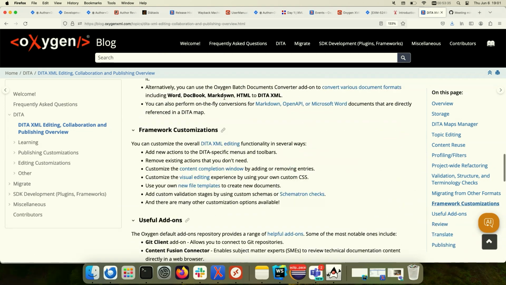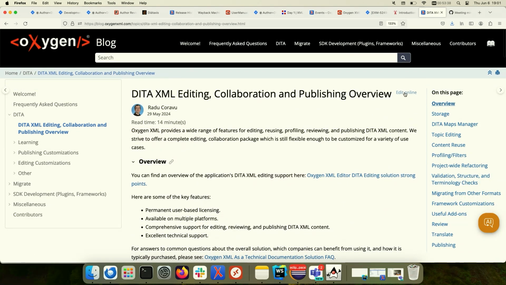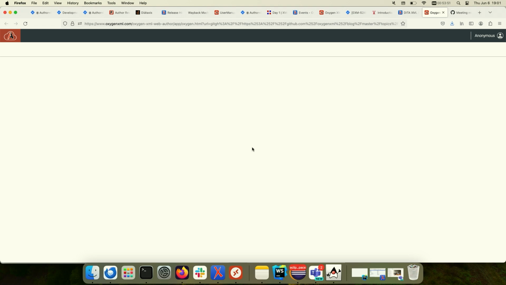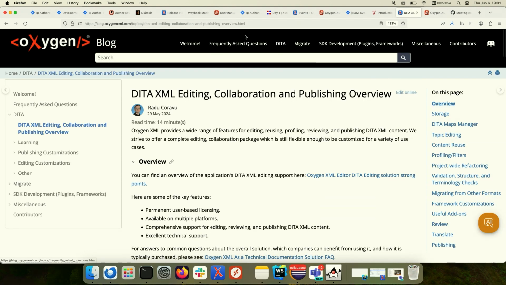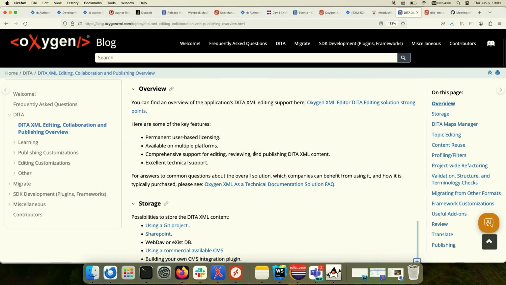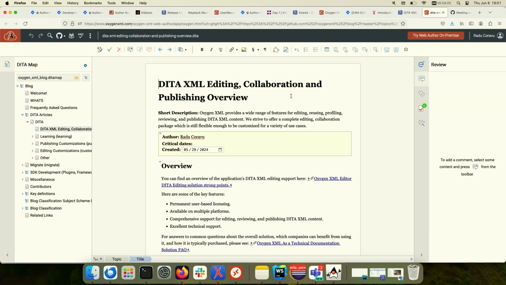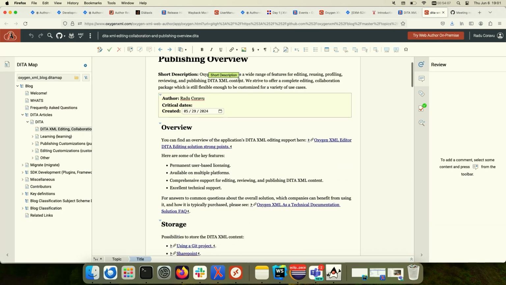You can also publish to WebHelp and include edit links like this edit online link, which can be pressed in order for somebody to review the content in Oxygen web author. So somebody takes this user manual, which is internal, they go to a certain topic that they want to review, they look over it and read it, and then they press edit online, or open the Oxygen web author,